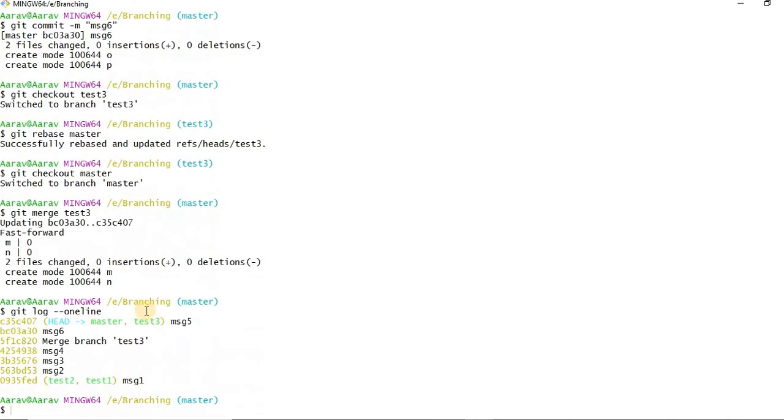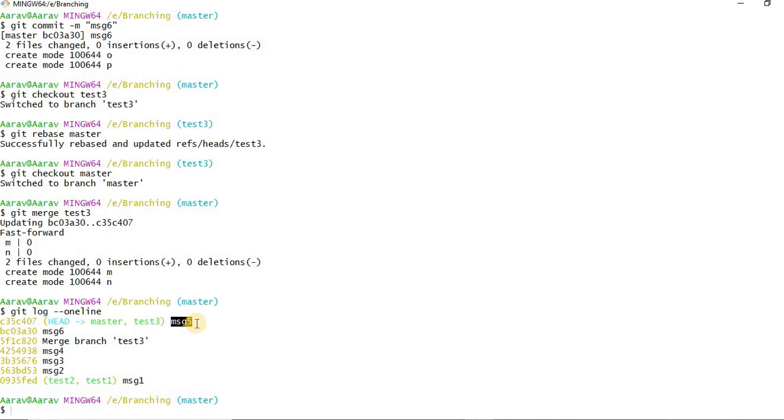But here in rebase, when I used rebase command, it was telling like, okay, that message 5 commit was previous one. Okay, sorry, message 6 was the latest one, but now I've done commit, so I've merged these two branches. So I am getting fresh data from new branch. What is that fresh data? Message 5. So this should be the head. So that is the difference between merge and rebase.